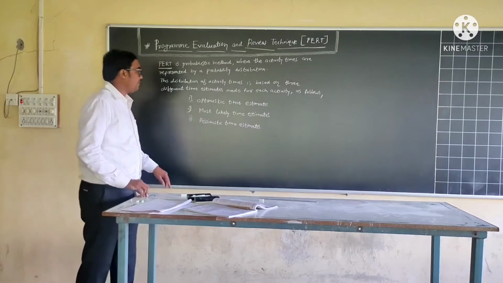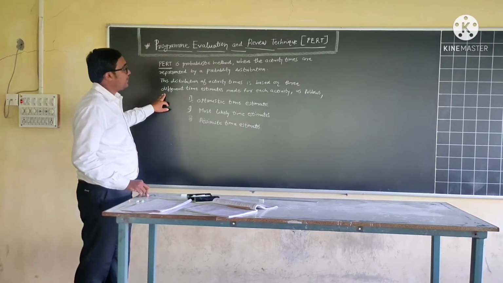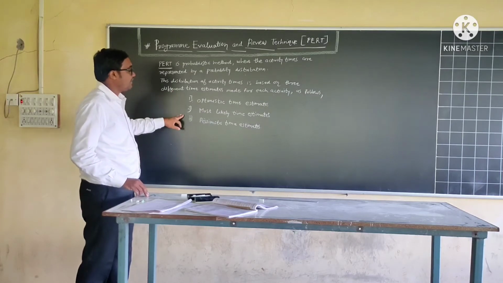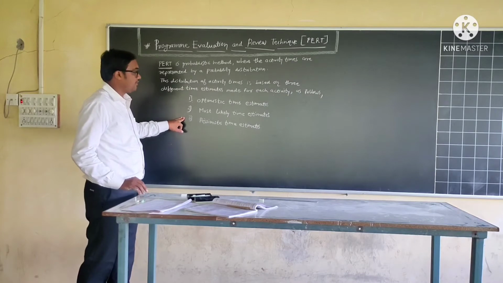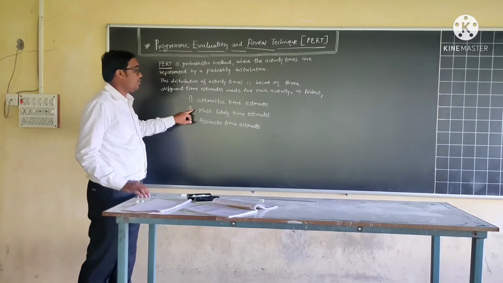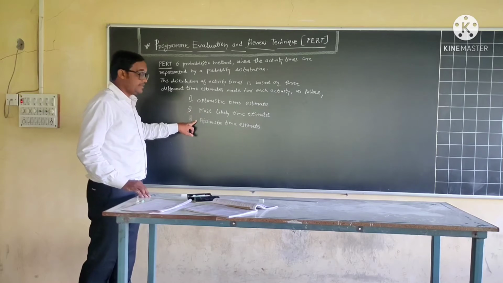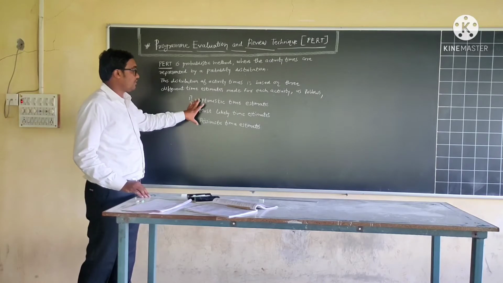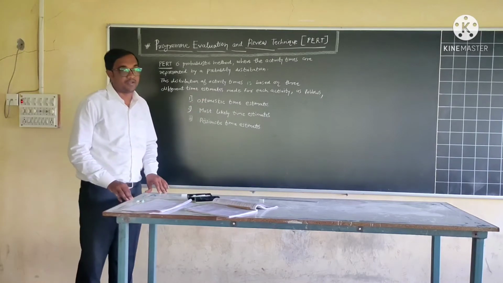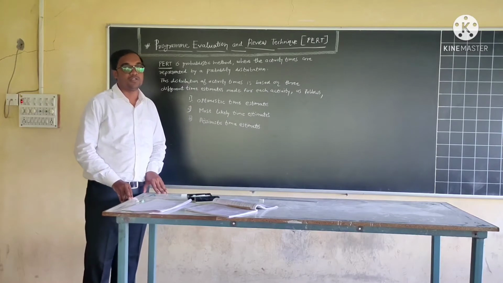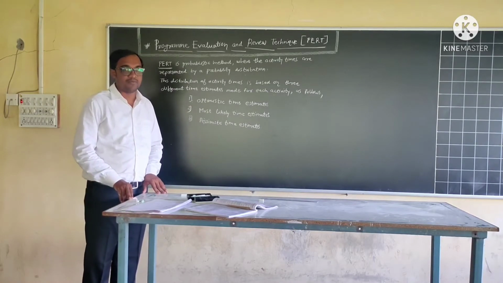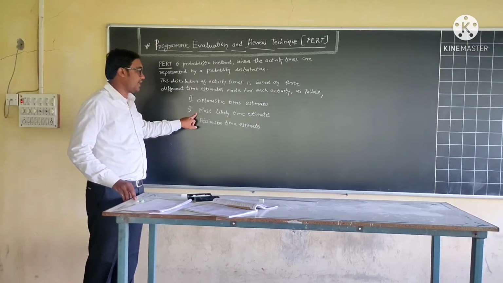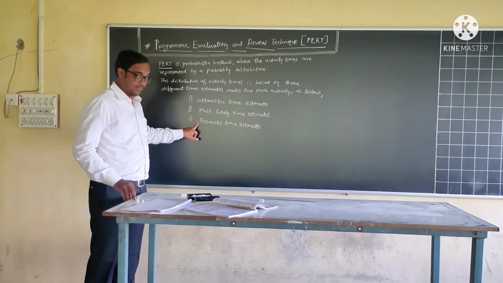So as far as the definition of PERT is concerned, the distribution of activity time is based on three different time estimates made for each activity. So there are three different time estimates given in PERT. First is optimistic time estimate, most likely time estimate, and pessimistic time estimate. So depending upon the data given, on the basis of all these estimates, we will draw a network diagram and also find out the duration for completion of the project. Before that, we will see in detail what is optimistic time estimate, what is most likely time estimate, and what is pessimistic time estimate.